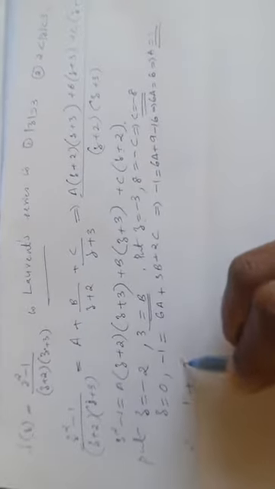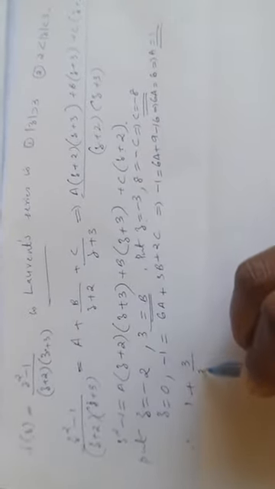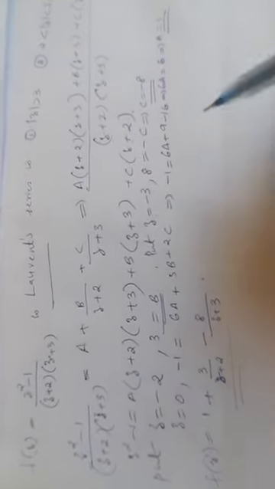So the fraction becomes a, 1, minus 1 plus b by z, 3 by (z plus 2). Then c, minus 8 by (z plus 3). Okay. So now the function is this one. f of z is this one. This is the function. Let it be there.